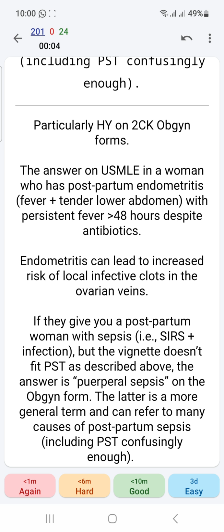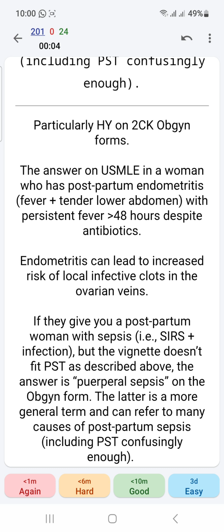Who has postpartum endometritis, fever plus tender lower abdomen with persistent fever more than 48 hours despite antibiotics. Endometritis can lead to increased risk of local infective clots in the ovarian veins. If they give you a postpartum woman with sepsis, that is SIRS plus infection, but the vignette doesn't fit PST